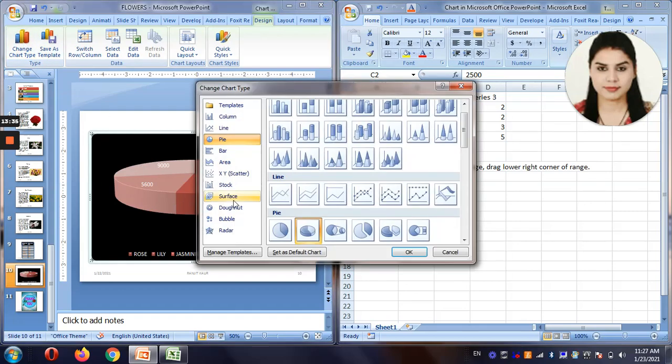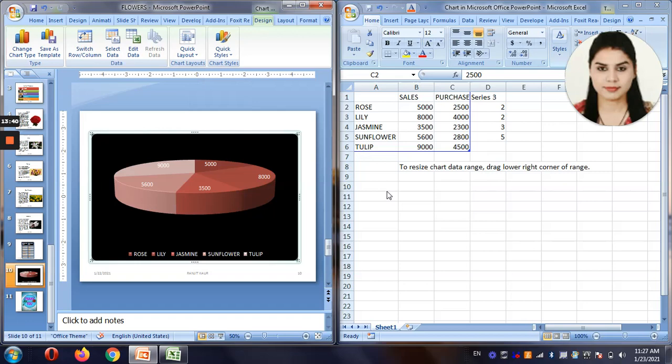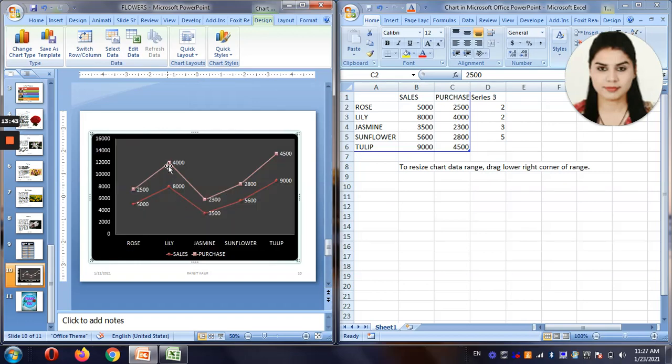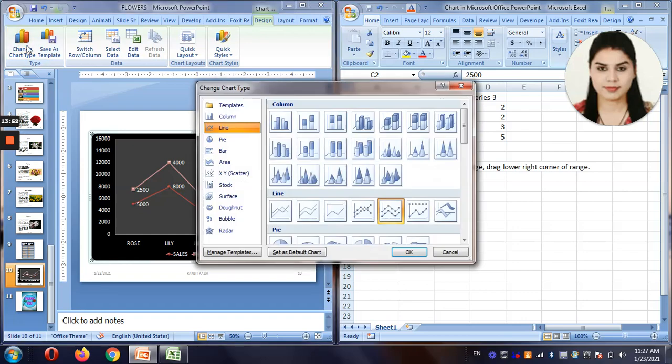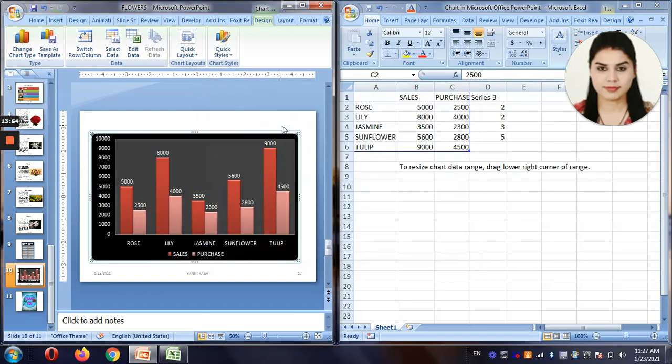Let's have XY something, maybe the line chart. Let's have this one. You see, these are the sales and these are the purchase. So let's go back to our column chart that we were doing. Yeah, so that's all for the charts. See you in the next